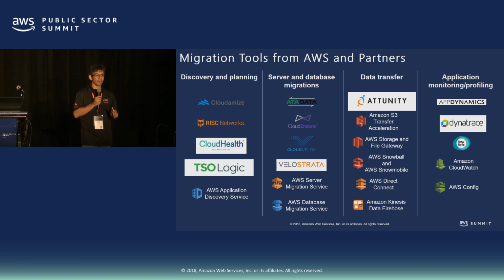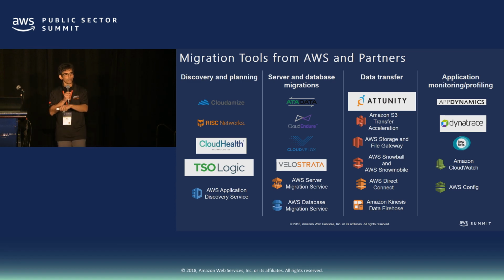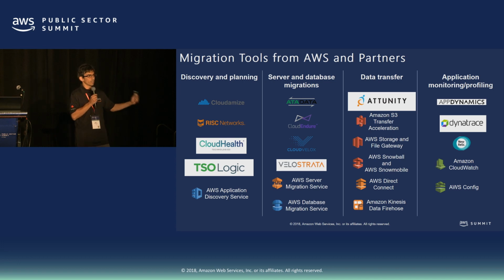I also tested migrating my SQL Server into Postgres, because DMS also does schema changes. So it transforms the schema from SQL Server, whatever database you have, to a different vendor's database. You can transfer your data to the cloud with different options. Snowball comes to mind. I've been helping customers copy data to Snowball. So Snowball, for those who don't know what it is, is a device that you order, and then you can copy up to 100 terabytes of data to it. And then you ship it back to AWS, and then it copies all the data to your S3 bucket.